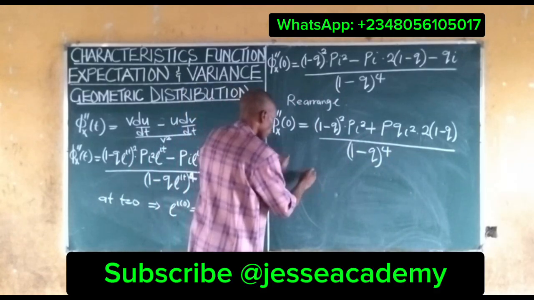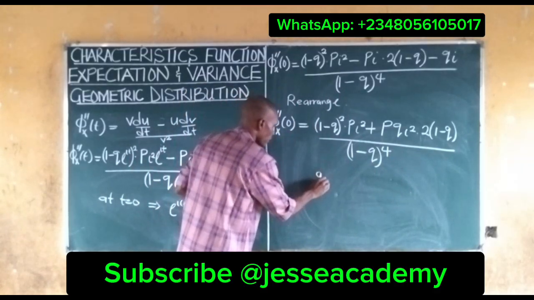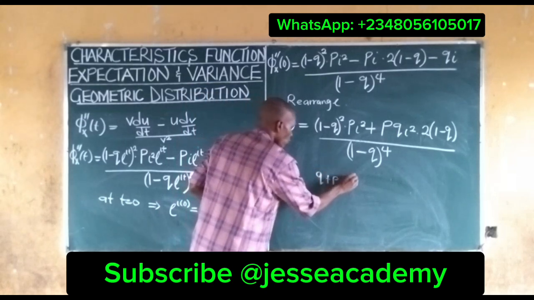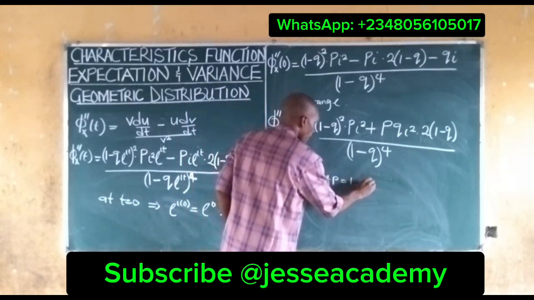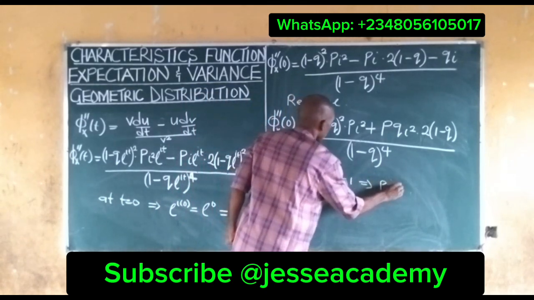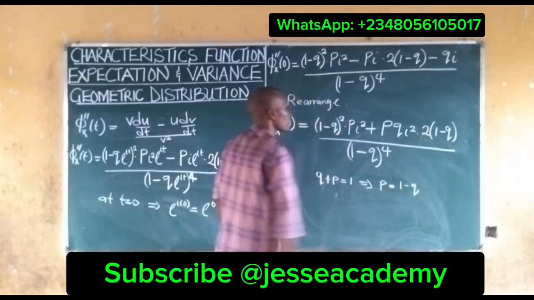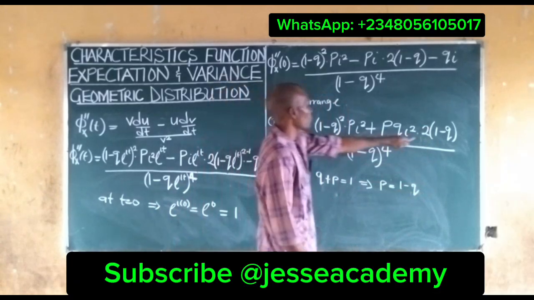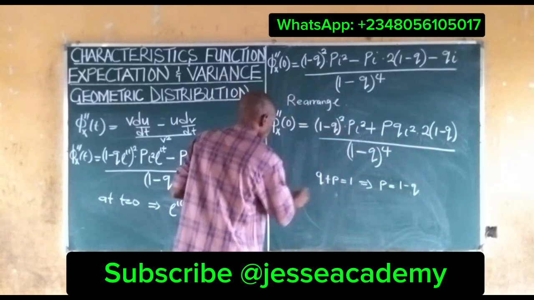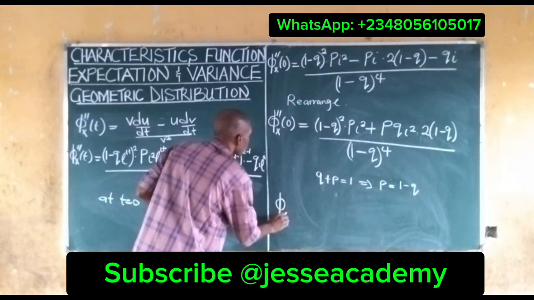So from probability we have that q plus p is equal to 1. It then implies that p is equal to 1 minus q. So anytime we see 1 minus q, we put p. It then means that our characteristic function